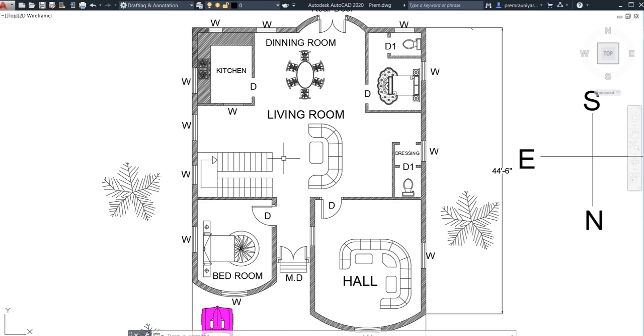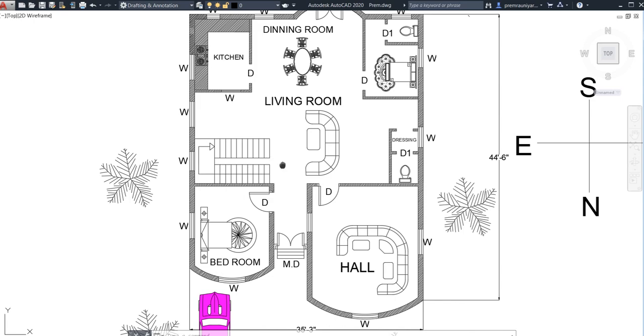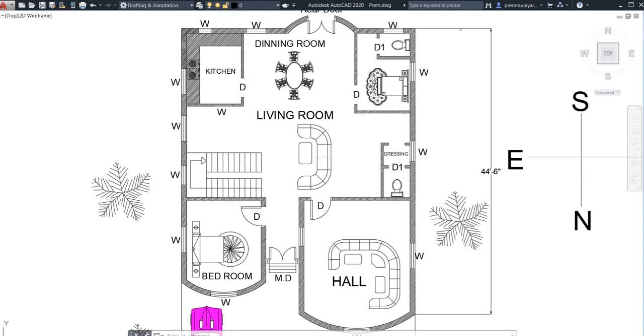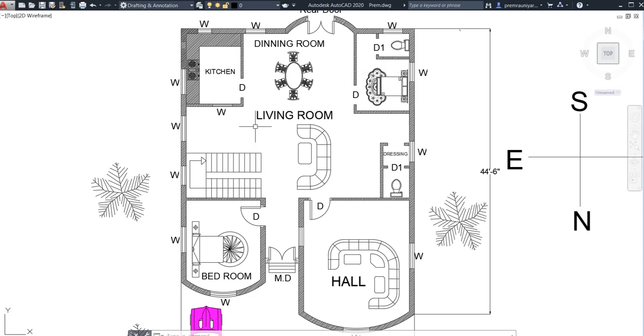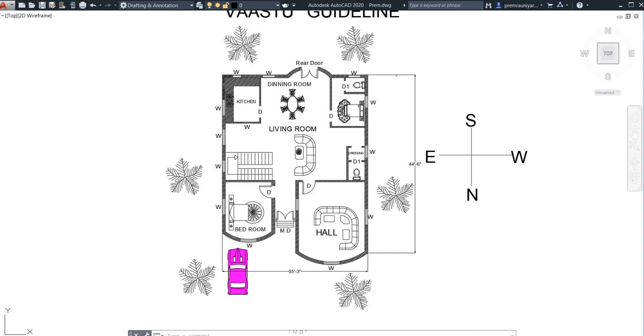If you know all of the commands in AutoCAD, you are the master. It doesn't matter. What matters most is that you need to have the logic. You need to know the building bylaws, rules and regulations, how people, engineers and architects construct their buildings according to the plans. So in this tutorial, you need to know these things. You cannot escape. I'm telling you again and again, this is the most important thing in your life, it will really help you.